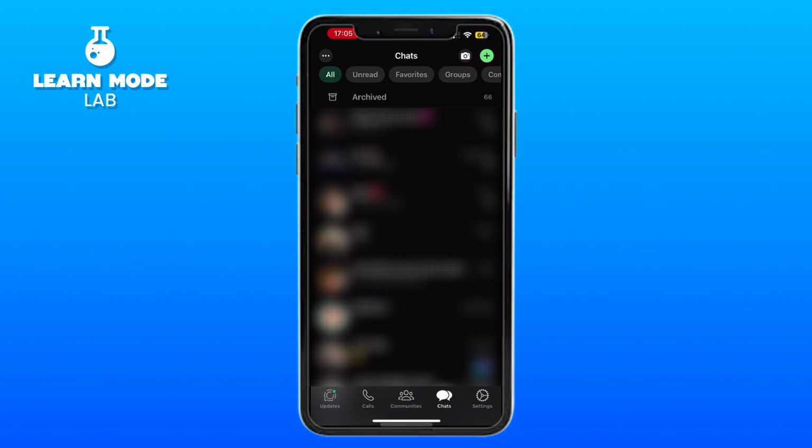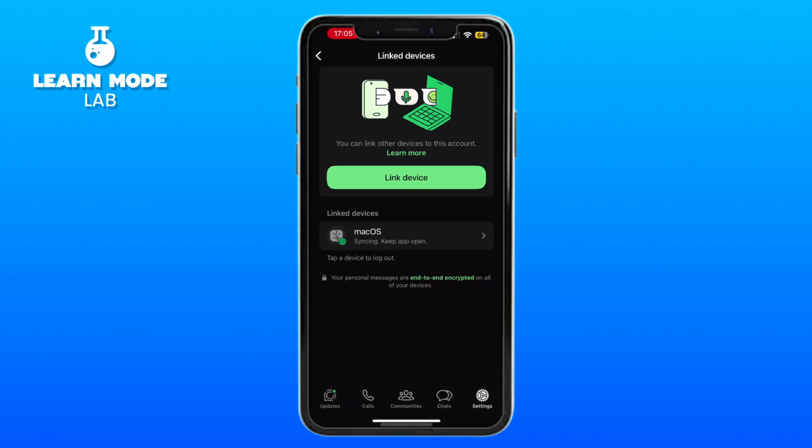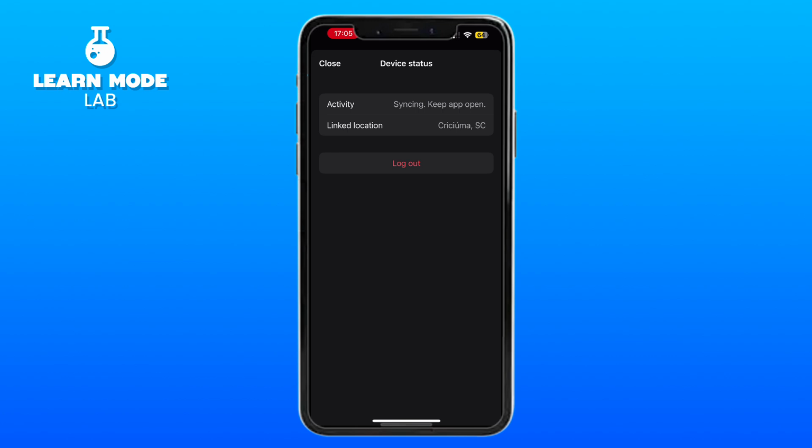to do is come here on settings on the bottom right corner, and here you need to select this option linked devices. Click here, and now you will see all your devices that are connected to your phone. Okay, now all you need to do is select the device you want to remove and click on this option